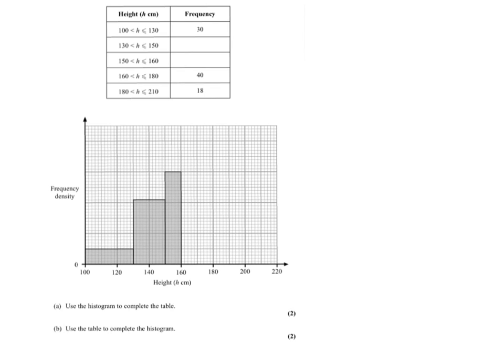So with frequency diagrams, we always need to remember the formula. The frequency equals the interval width times the frequency density. If we're trying to work out frequency densities and we have the frequency and the interval width, it's the frequency divided by the interval width that will give us the frequency density. So to complete the